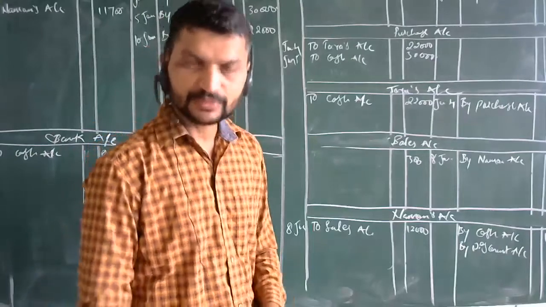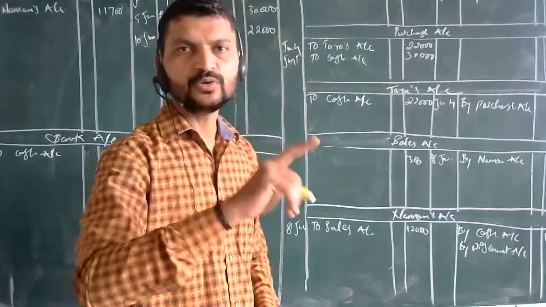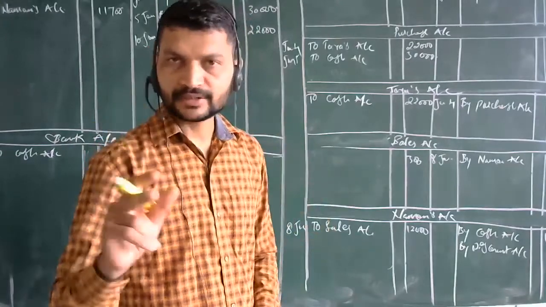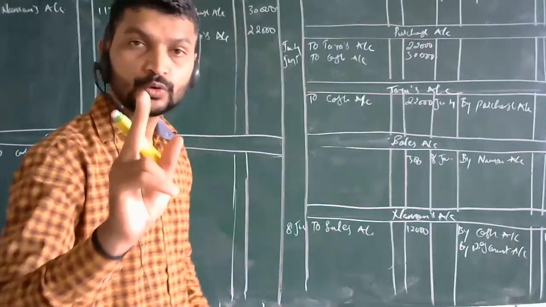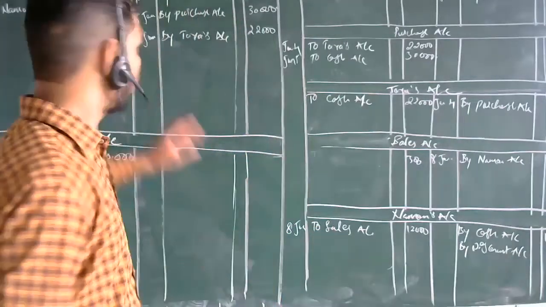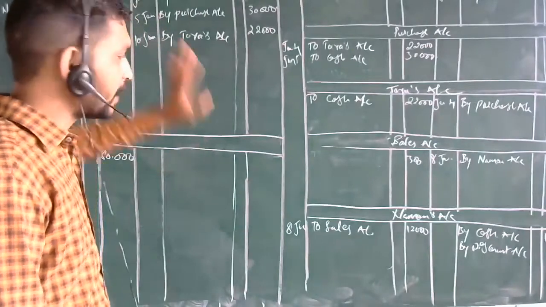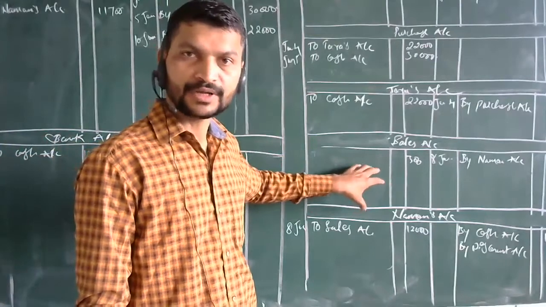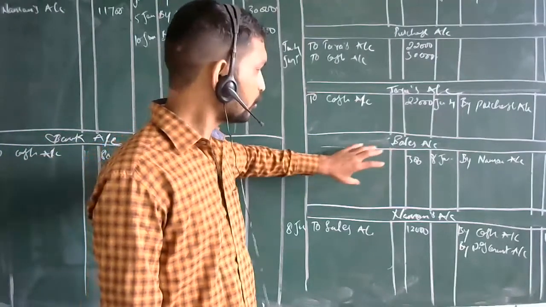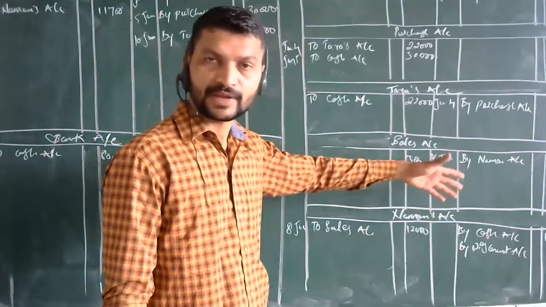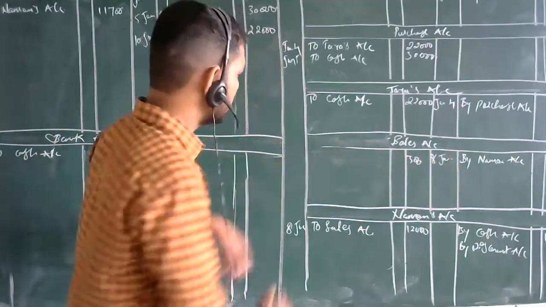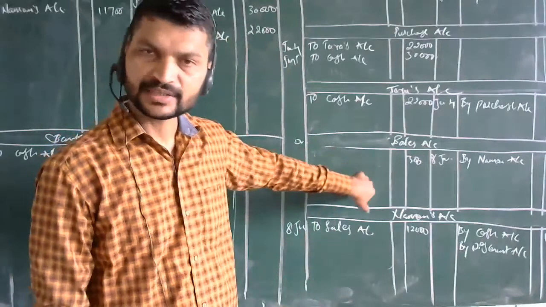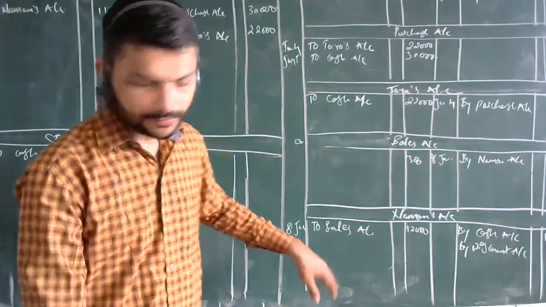Just now the transaction I took: cash account debit to discount allowed, cash account debit, discount allowed debit to Naman's account. Means two accounts are debited. Which are the two accounts? One is the cash account, which is debited, and one more, what I showed you now, the discount allowed account. You are allowing discount, so it is debited. So you are going to open a ledger account for that as well separately, and you are going to show the debit side. This is the debit side always. You are going to show it on the debit side in terms of Naman's account.